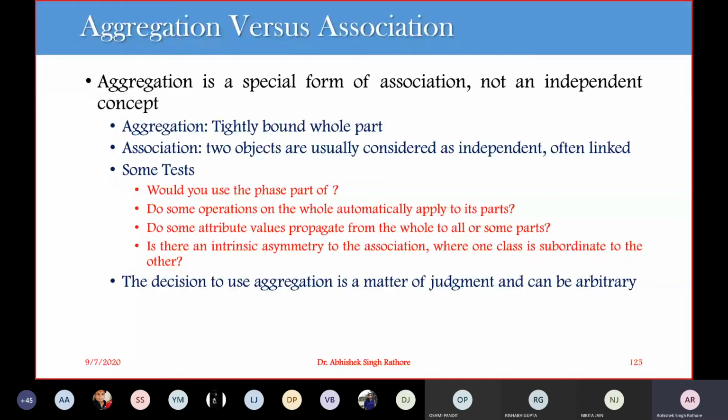This is just an association relationship, where faculties are associated with students. A faculty teaches a student, or a student learns from a faculty. This is not a whole-part relationship; it is just an association relationship. While when we go for tightly bound, let's say S triple B contains this SVIT.